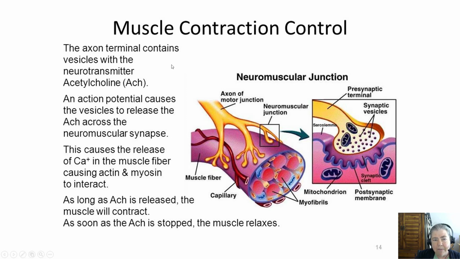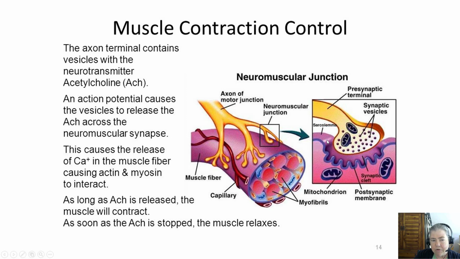When an action potential propagates along this axon, because as the voltage moves along the axon it is opening new voltage gated channels, allowing propagation of the action potential along the axon. When it gets to the neuromuscular junction, synaptic vesicles merge with the cell membrane, releasing acetylcholine into the synaptic cleft